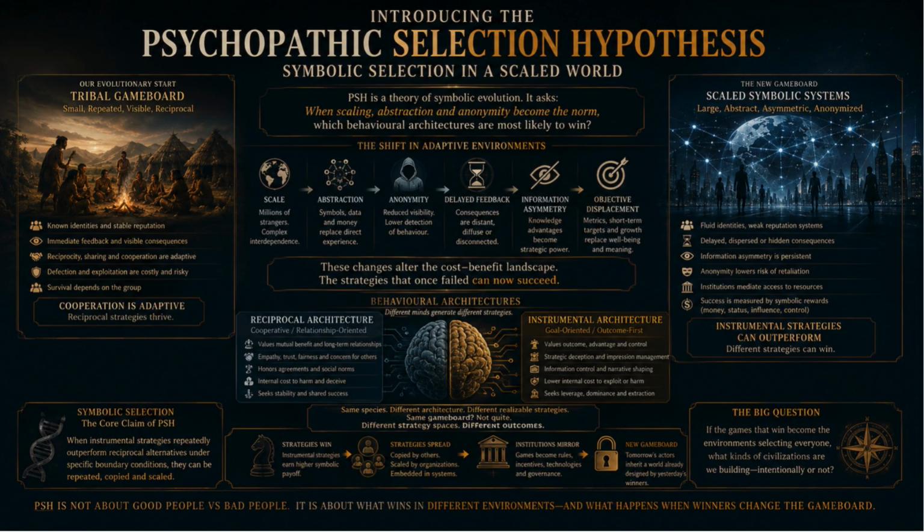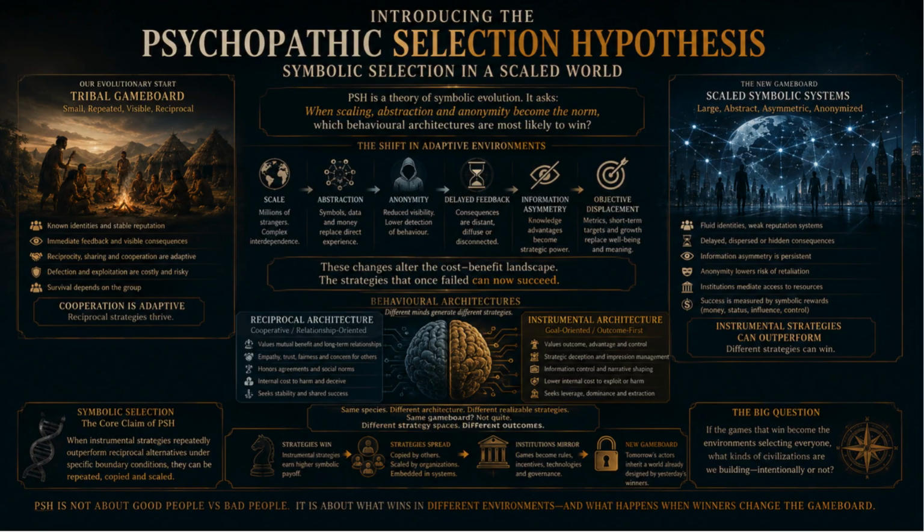And so the easiest way to understand PSH is to begin with the game board rather than with psychopathy. Human beings evolved for most of our history in relatively small, persistent groups when survival depended heavily upon other people. So in a small tribal system, if I exploit you today, I probably encounter you tomorrow. You know who I am, you remember what I did, you can withdraw cooperation, tell other people, you can tattle on me, you can retaliate, or you can exclude me from the group altogether, right? So,